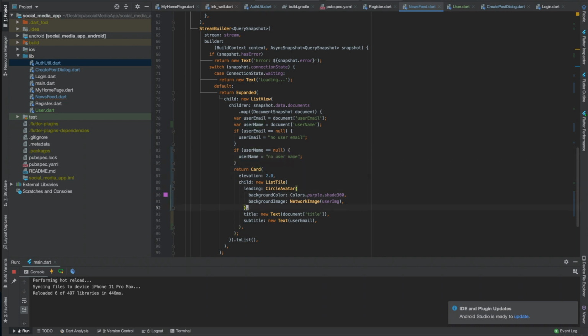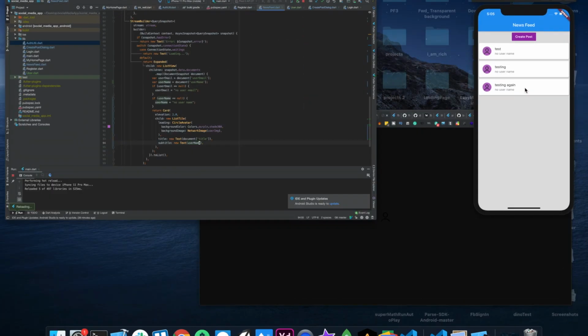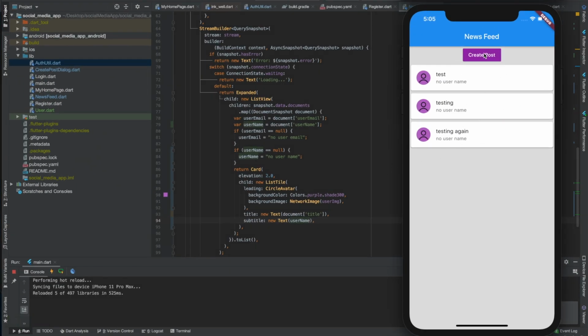I'm going to delete it, so we really won't need that, but I guess it would help still. So they'll all say no username now, but if we create one,